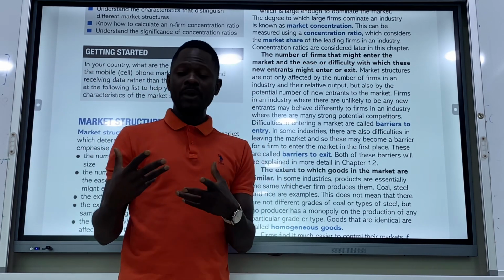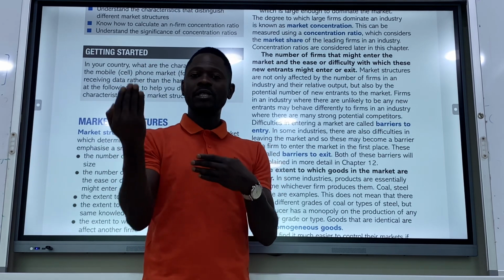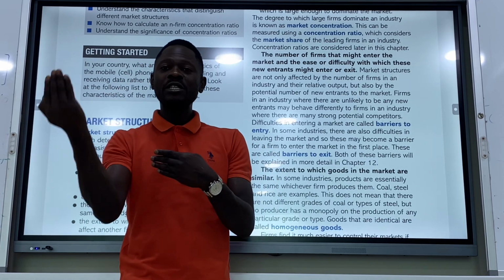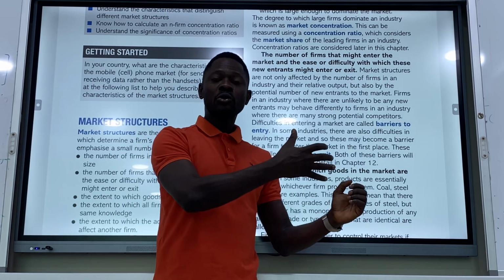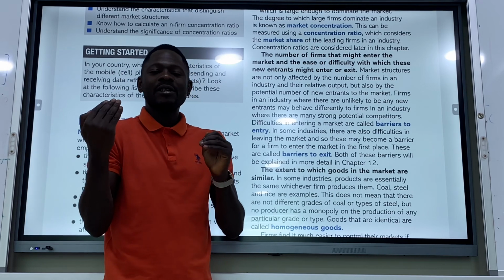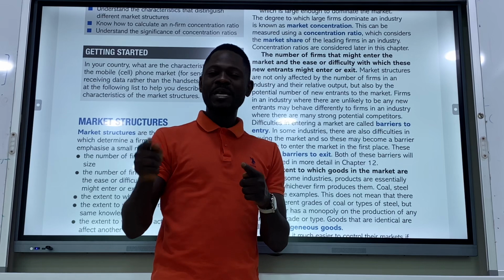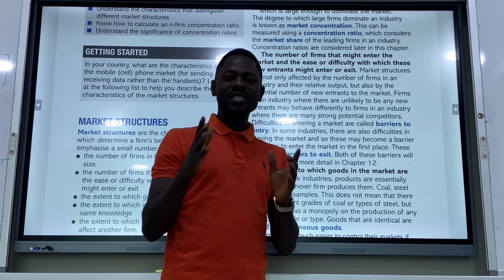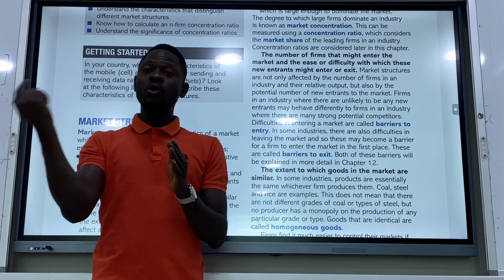So if a new firm understands that if it goes into that industry, for example, the educational industry, and it finds out that it is difficult to stop operating in that industry, it might lose interest in going into that industry. So the barrier to exit has a bearing on the barrier to entry. So the point is, the extent to which it becomes easier or difficult for firms to go in or out